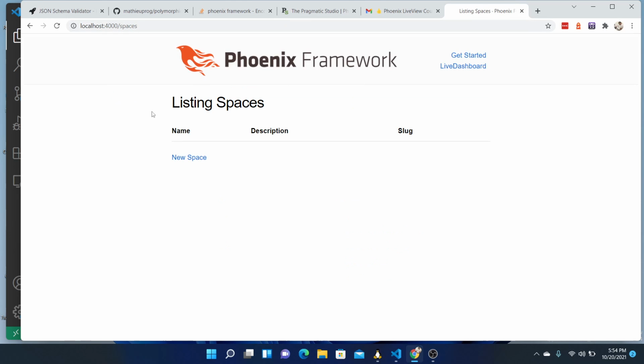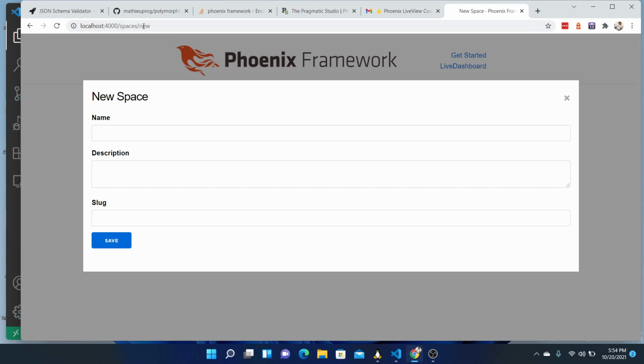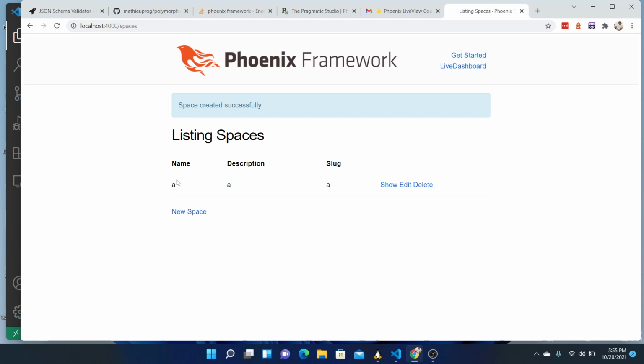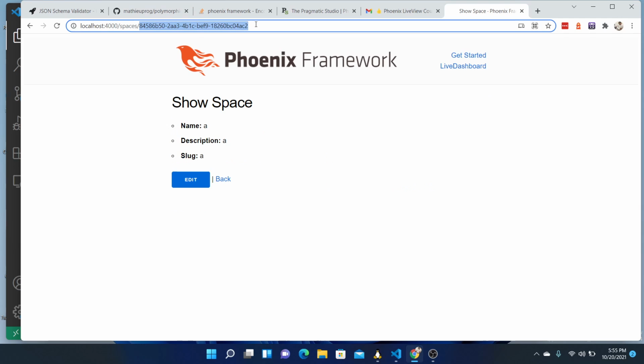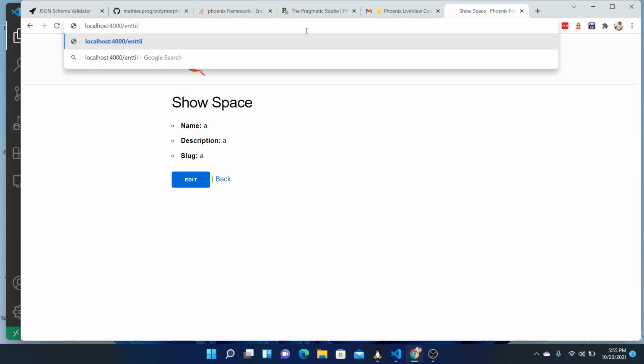Spaces. That still works. Let's do spaces. Okay. Show. We have this as the space ID. Copy. So if we go to entity,